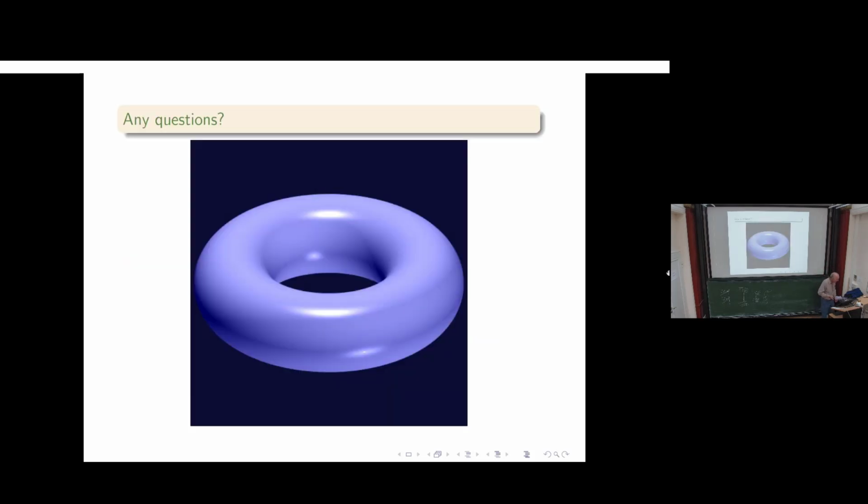Actually, I'm going faster than I expected. Okay, so any questions? This is almost my last slide, so this is a good time for that. Well, if there are no questions, I have one more slide,